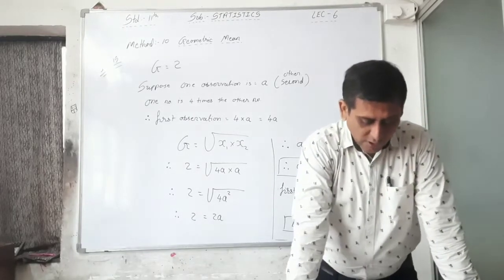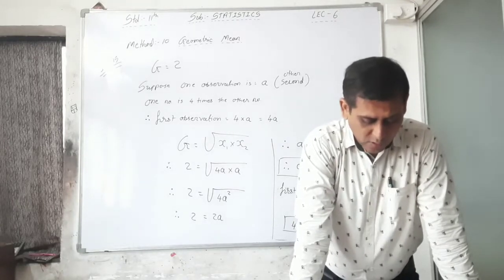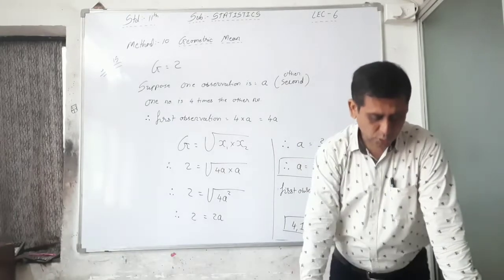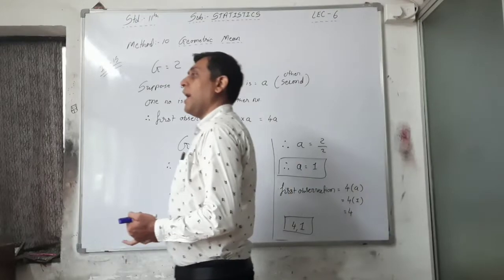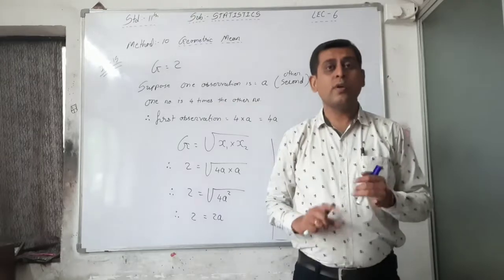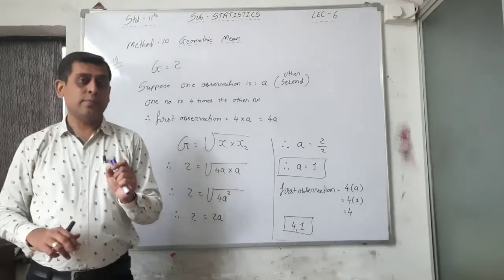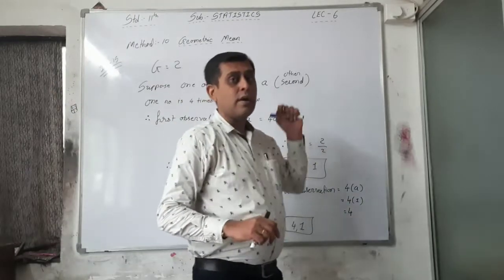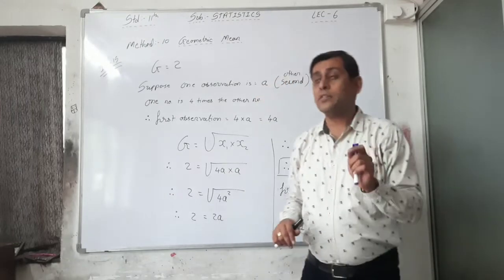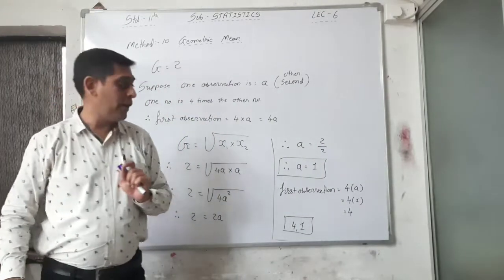See the question: find the arithmetic mean and geometric mean of two numbers 9 and 16 and verify that x bar is greater than g. It is also important: the arithmetic mean of two numbers is always more than the geometric mean, or you can say it is equal, not less than it. So here I am writing that x bar is greater than or equal to g. What does that mean? That means x bar is always greater than or equal to the geometric mean.